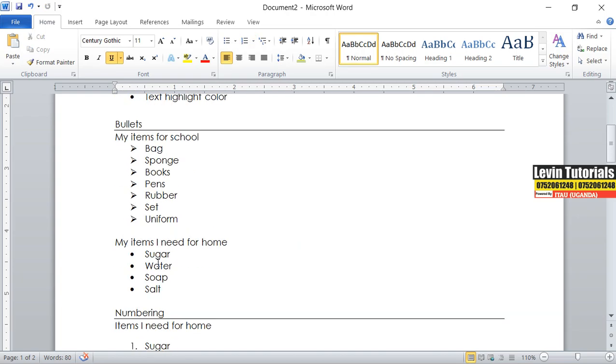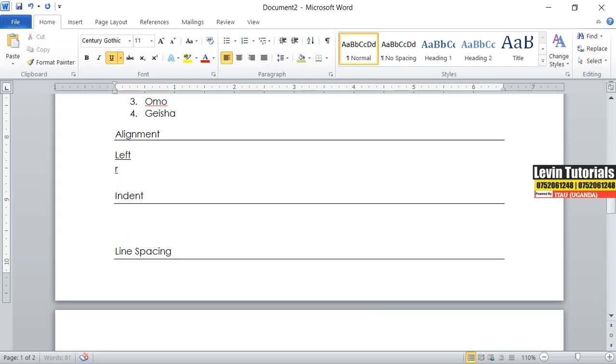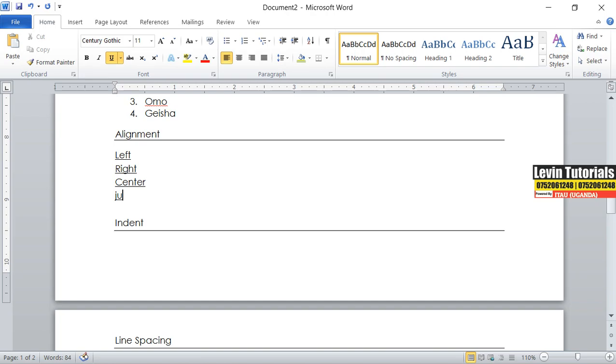So let us go to alignment, still under basic editing. Alignment is just the way, the format, how you want your text to appear on the page. So we have 4 types of alignments. We have the left, we have the right, we have the center, then we have the justified. Okay,